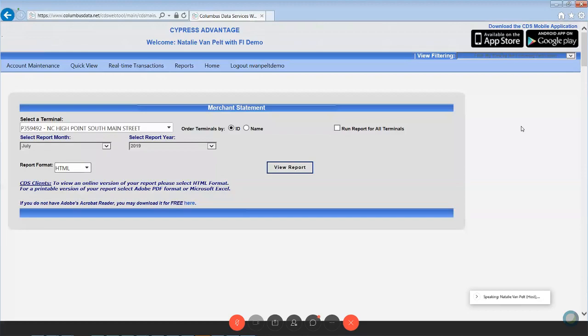Go ahead. Low balance alerts. Okay, so low balance alerts we should be importing all of